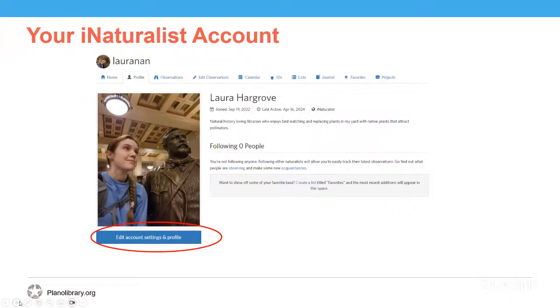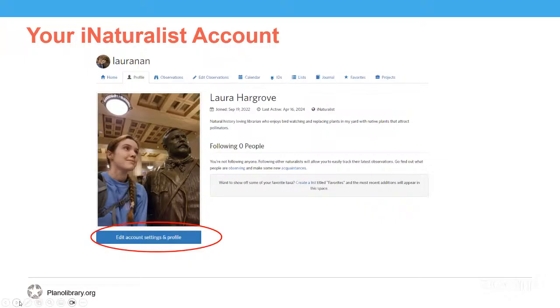And then under content and display, you can decide if you want the common name or the scientific names of things displayed when you use iNaturalist. And the community moderation settings. Because iNaturalist is a social network, other users can ID your observations. And we'll get into this more a little later, but this can be very helpful if you are unsure of what you're looking at. But if you would rather others not be able to ID your observations, you can control those settings here.